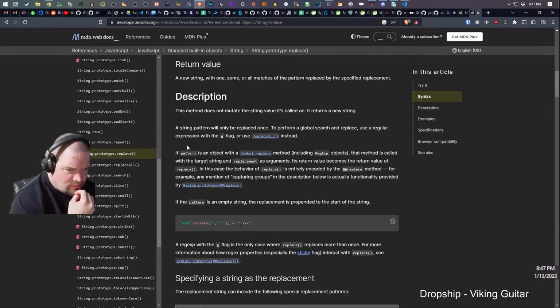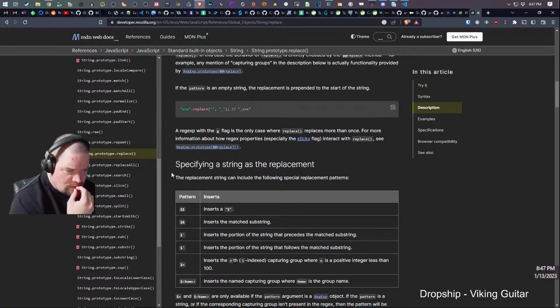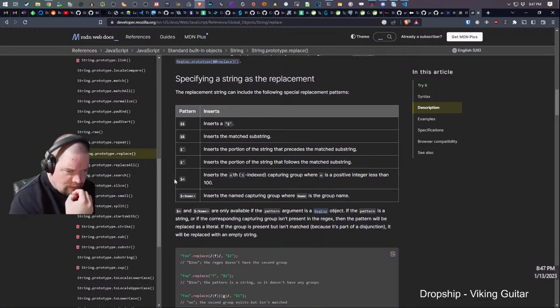String pattern. Small. Prototype. I wonder if it's just easier for me to say first match substring precedes name.